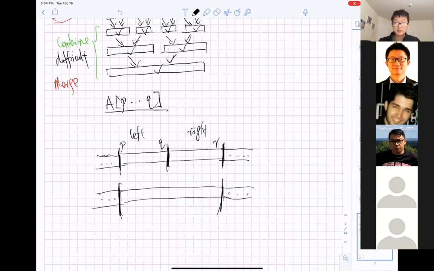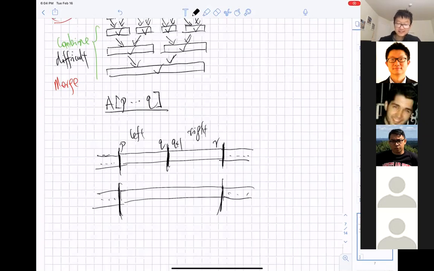Is that clear? Yes. So which part belongs to the right subarray? A bracket Q to R? Not exactly. It is Q plus 1 to R.